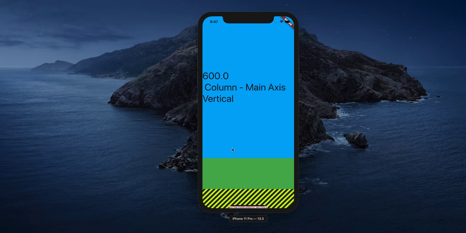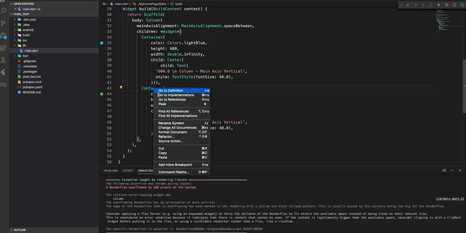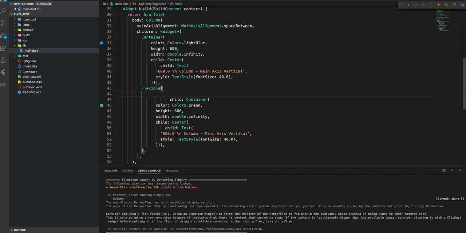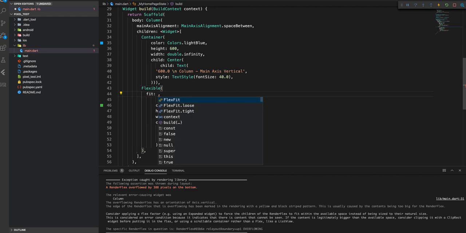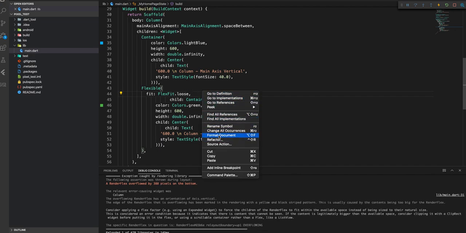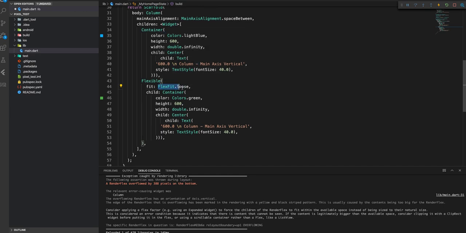So as I said, there is flexible and expanded. So I'm going to start with flexible, and flexible has two types of fits. Okay, so you can give a fit parameter to a flexible. So let's start with the default ones. Let's wrap this with flexible. So the fit is the loose. That's the default, right? So just format document so it looks a little beautiful. So you can see here, it's a flex fit loose,